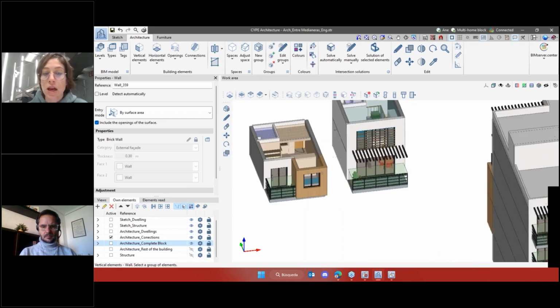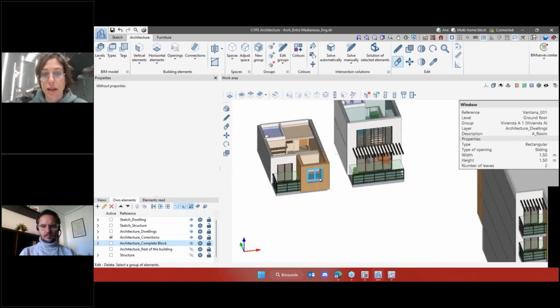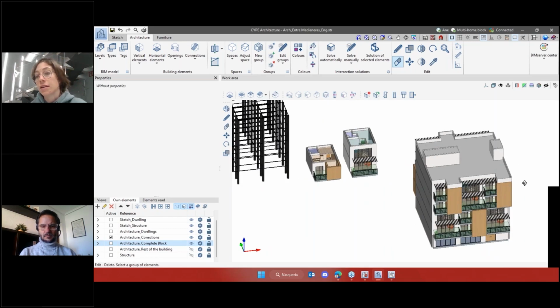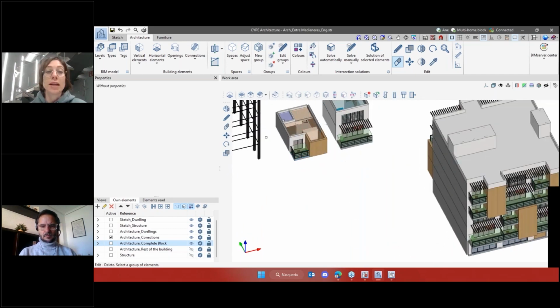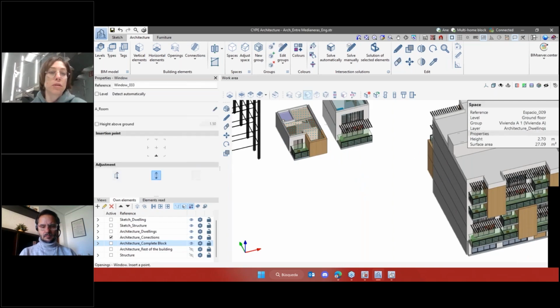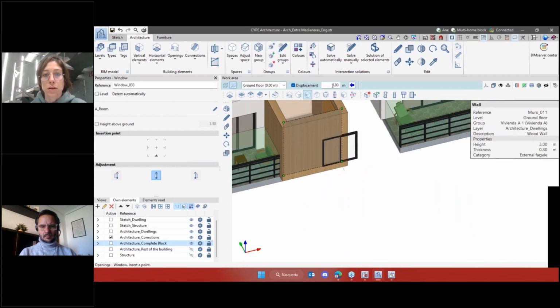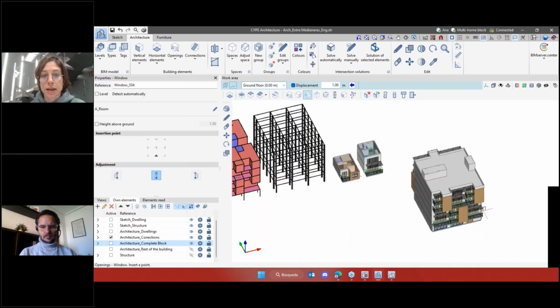So for example, really simple, if I delete a window, this window, you will see that this window will be automatically deleted in the rest of the groups that are a copy from the original. So really simple way I can input. I'm going to put again here a window, this window with a displacement of 1 meter, for example, okay? It's open this way in the middle, and automatically,